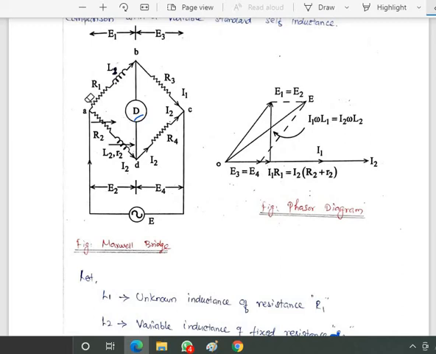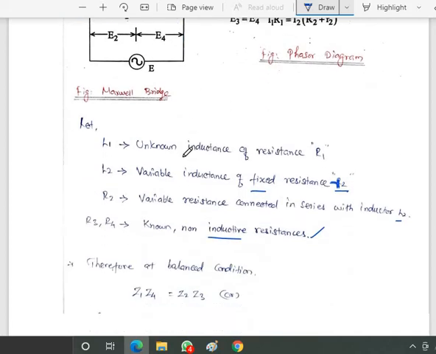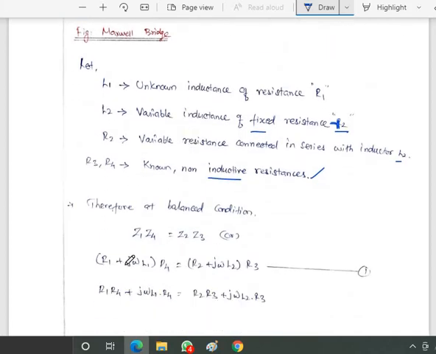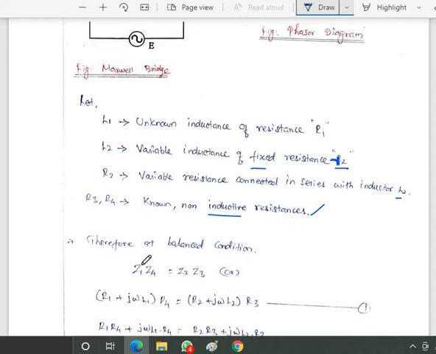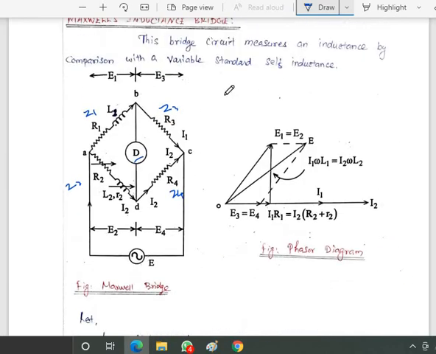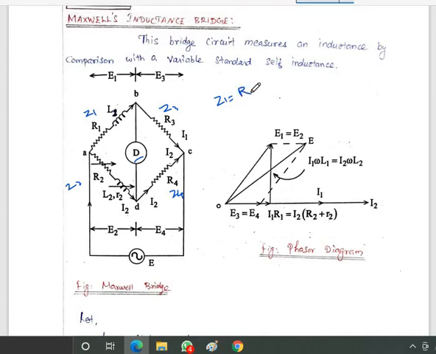So here first we have to find out the value of Z1. Okay, just mention again Z1, and this is Z3, and this is Z2, and this is Z4. So here Z1 equals R1 plus j omega L1. Okay, how can we write that? Here Z1 equals R1, the resistance, plus